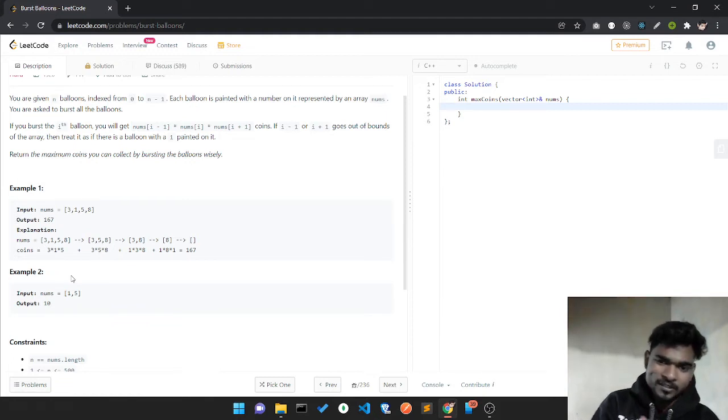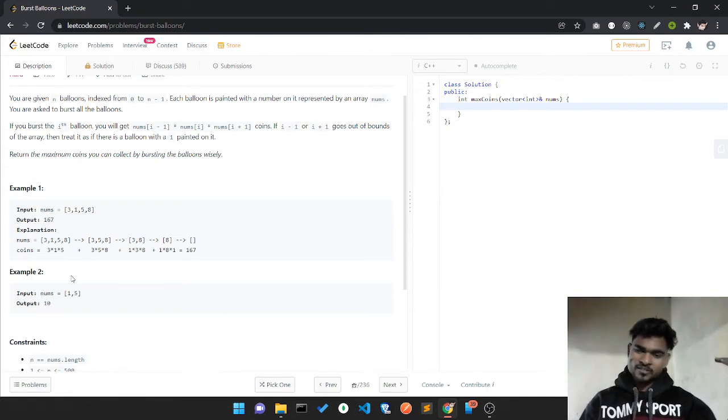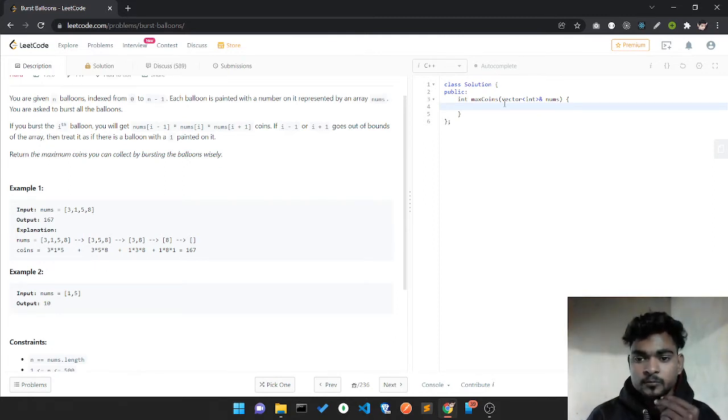This question has a parent question, MCM, if you notice. I'm not going to go in depth into MCM because it's a separate concept, but I'll try to explain this question wisely, and I'm confident with it. So I'll just go with the code and explain it line by line, one by one. So let's start with the first one.